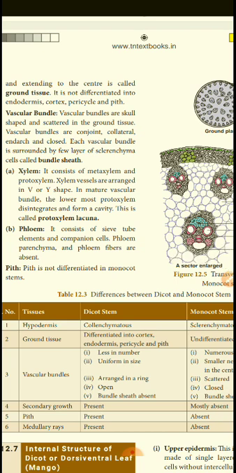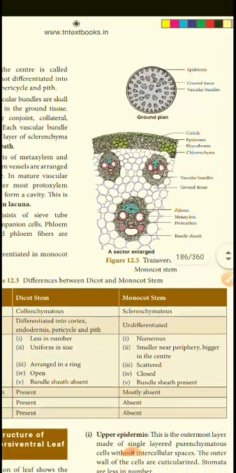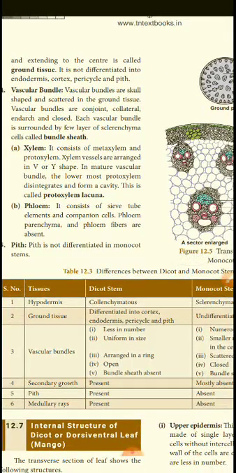Before, in the root, we didn't study the word meta. But here in the xylem, metaxylem is there. So vessels are arranged in a V or Y shape. See the xylem in the light blue color. After that we can see the phloem cells. After that, the round pink color is after the protoxylem. It is arranged in a Y shape or V shape, maybe any one shape. Okay, so this is only xylem.